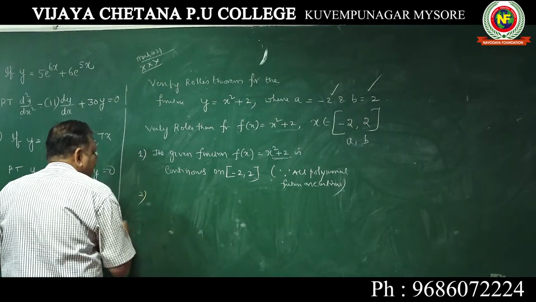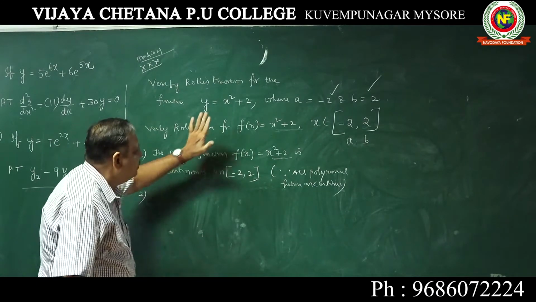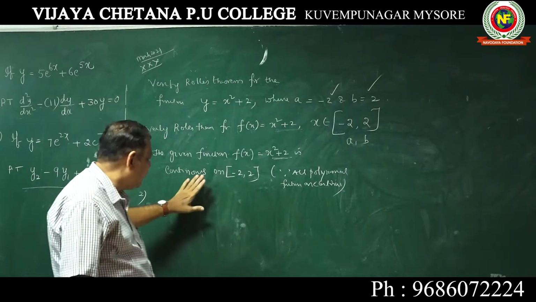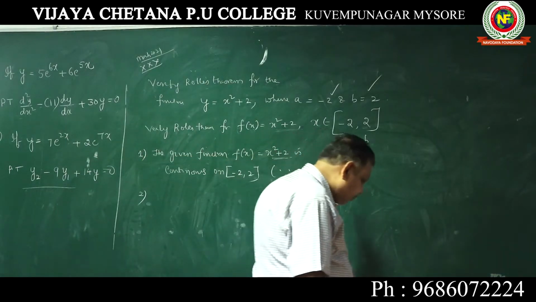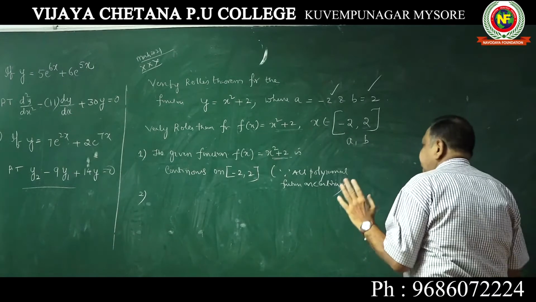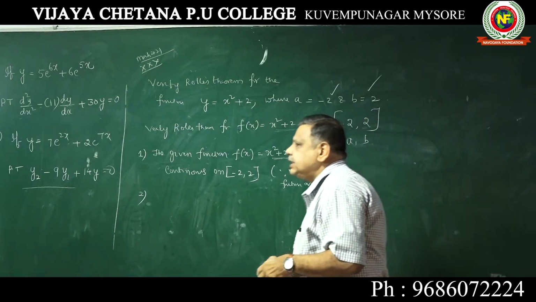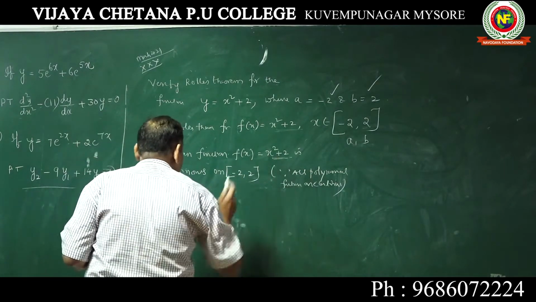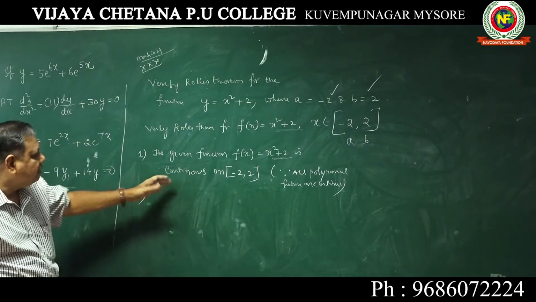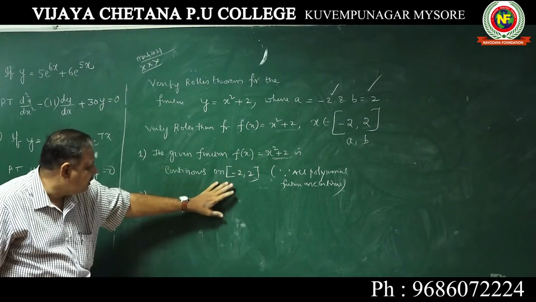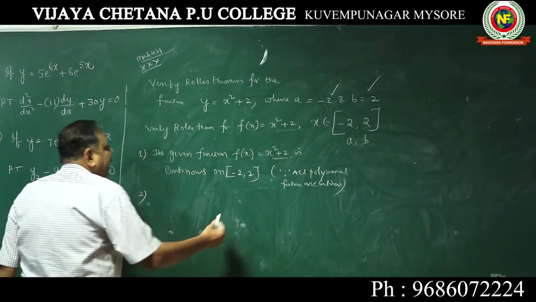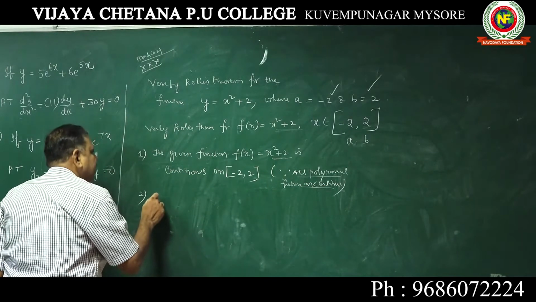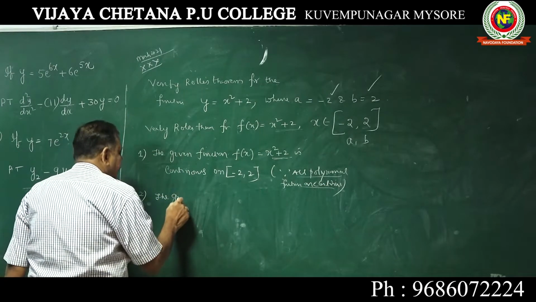Understood? Simply write this. I will prove continuity in the next class. After Rolle's theorem and MVT we will take up continuous functions. It is called continuity, and then I will show you how to prove that it is continuous. For the time being you write: this is continuous on minus 2 comma 2, as all polynomial functions are continuous. Now the second one, the given function